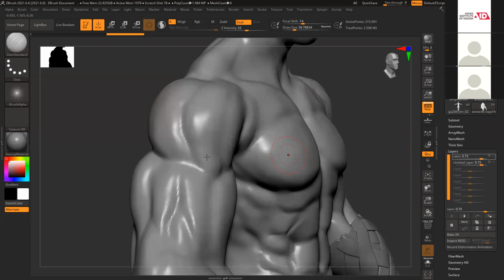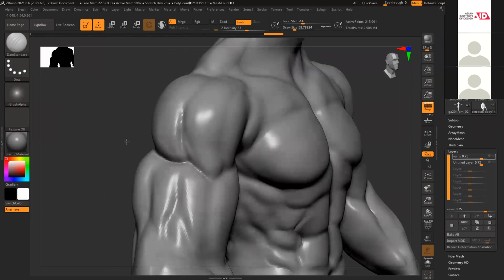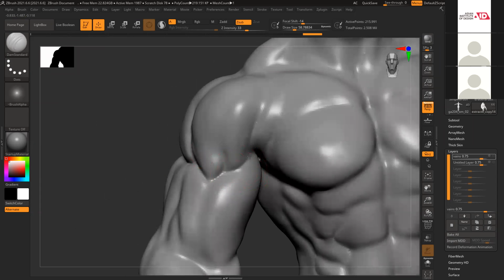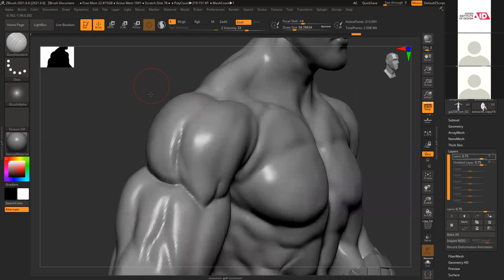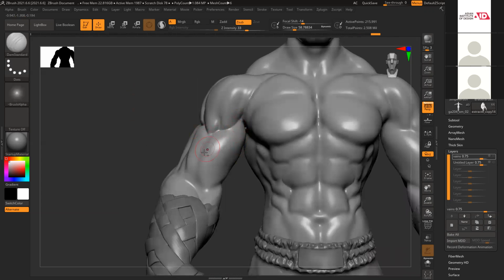You can switch them off and then open it. It's slightly more crisp.